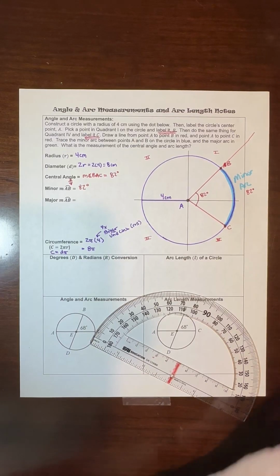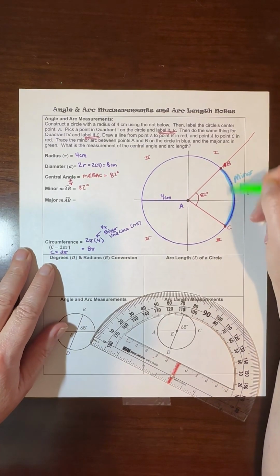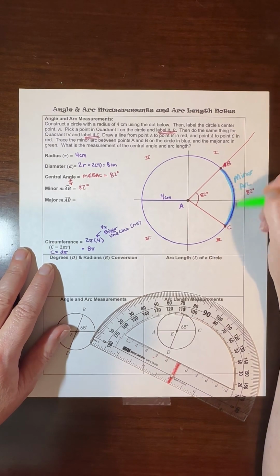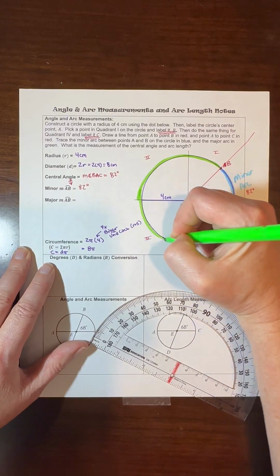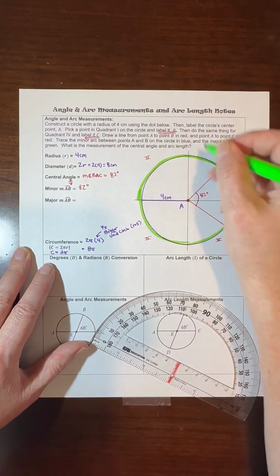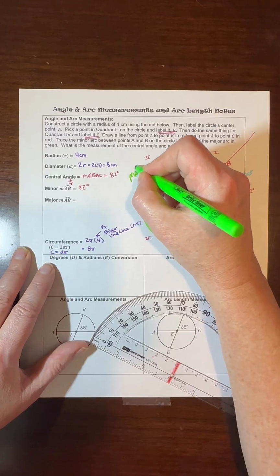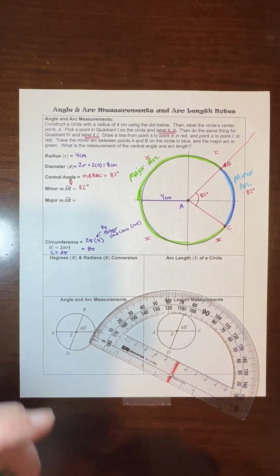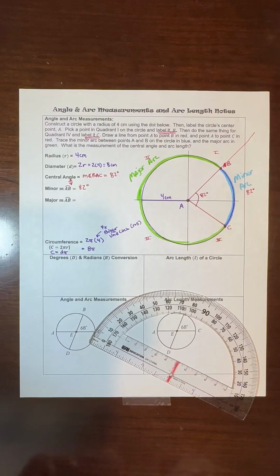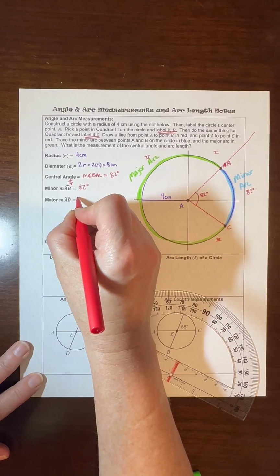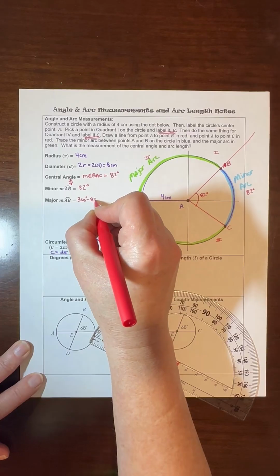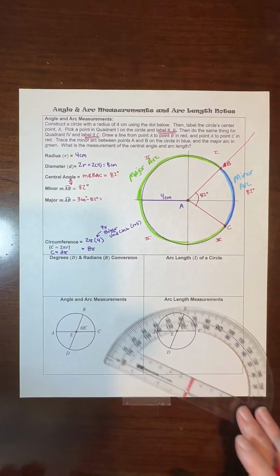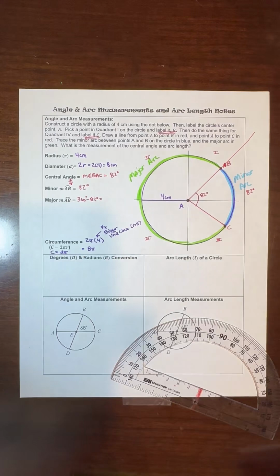Now my major arc, like I said, between 2 points, there's always 2 angles on a circle because you can go the small route, which is the minor arc, or you can go the long route, which is the major arc. So I'm coloring the major arc in green. So this is called the major arc. The major arc's always bigger, minor arc's always smaller. So then I can find the major arc because all I'm going to have to do is take 360, because that's all the way around, minus 82 degrees, which is going to give me,